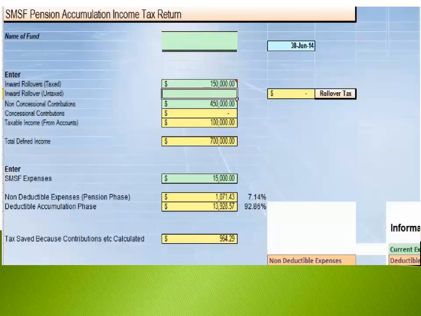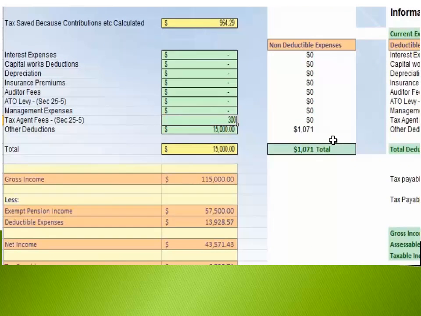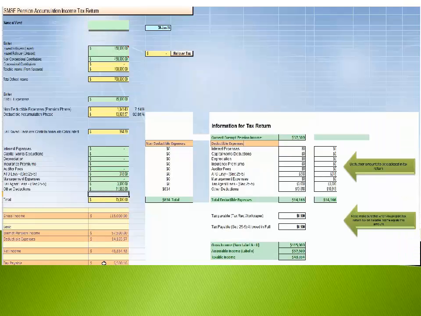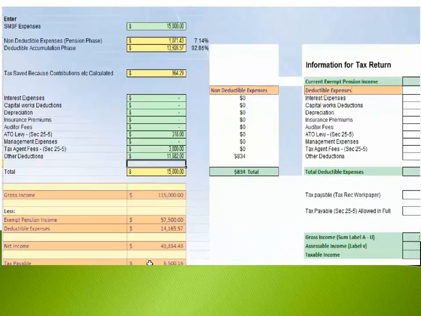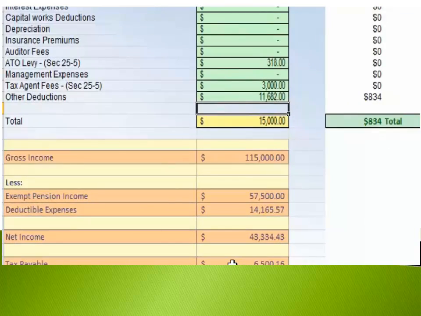In addition to that, of the $15,000 in expenses, if it's say 3,000 of those accounting and there's 318 for the supervisory fee, then 11,682 is the remainder. Then it now allows you to claim a tax deduction for those expenses at a much higher ratio. In fact, of the 10,000, only 834 is non-deductible. Your tax has fallen by $1,000. It's about doing the calculation quickly, and tools like this can be pretty